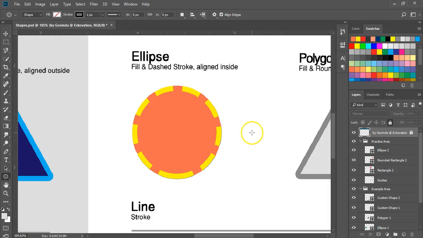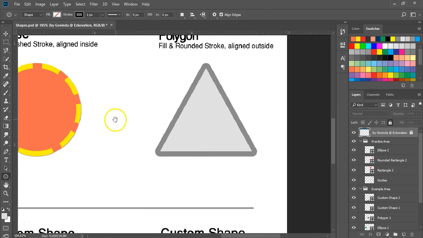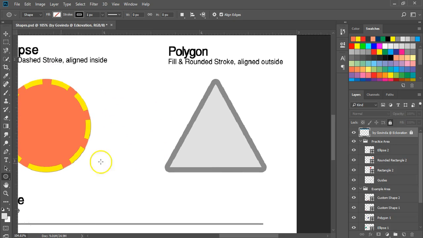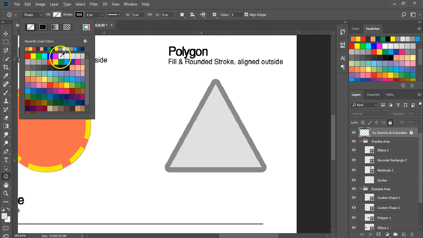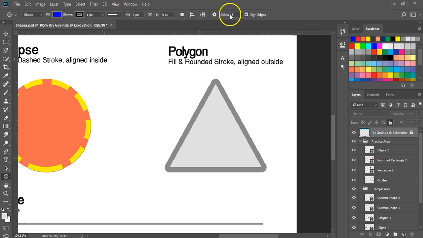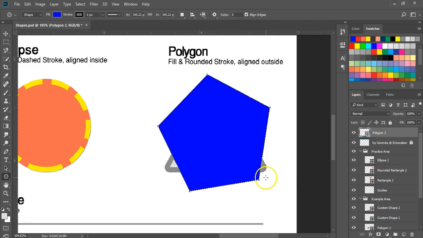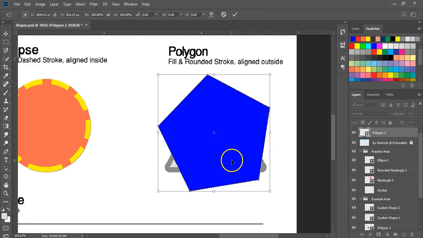Now, let's move to the next shape tool, that is polygon tool. Like the rounded rectangle tool, we have some extra options in this tool as well, like the number of sides a polygon should have. We saw a triangle on the example slide. Square is already there on the top, so let's create a pentagon, means sides equals to 5. Ignore the guide for this one and draw the shape. We can change the orientation and size of the shape with the free transform tool.